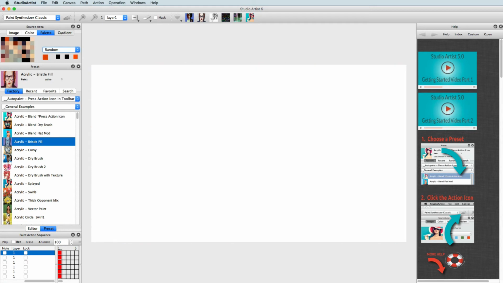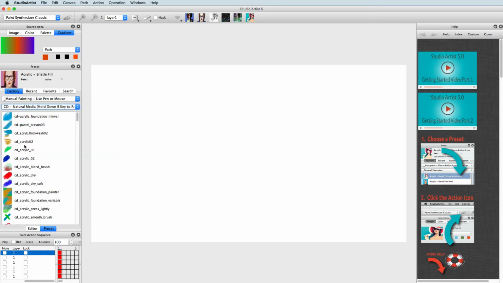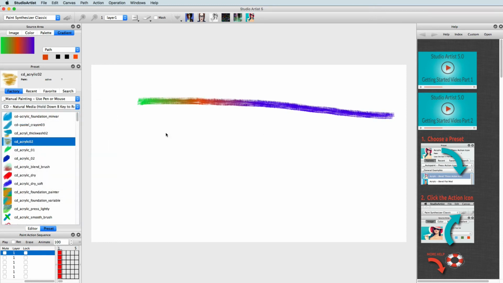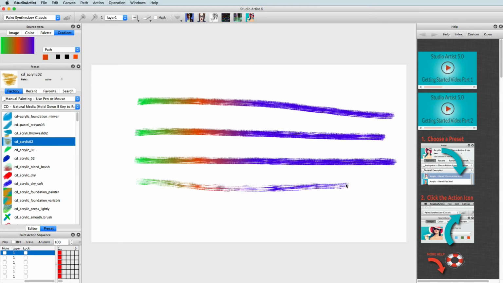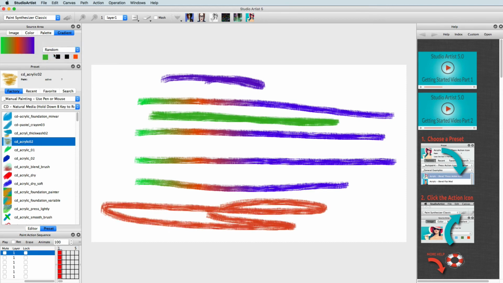The gradient mode has 3 options: path, fixed, and random. In path mode it will paint all the colors in the gradient field. However, the way the paint puts down the color will depend on settings in the paint preset. In this particular preset, the colors are painted evenly along the paint stroke. In fixed mode, the gradient field can be used as a color picker by holding down the C key and picking a color on the gradient field. Random mode chooses a random color from the gradient.